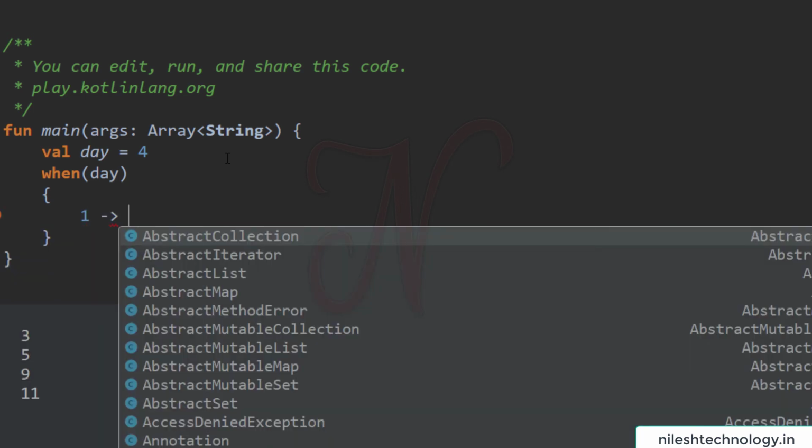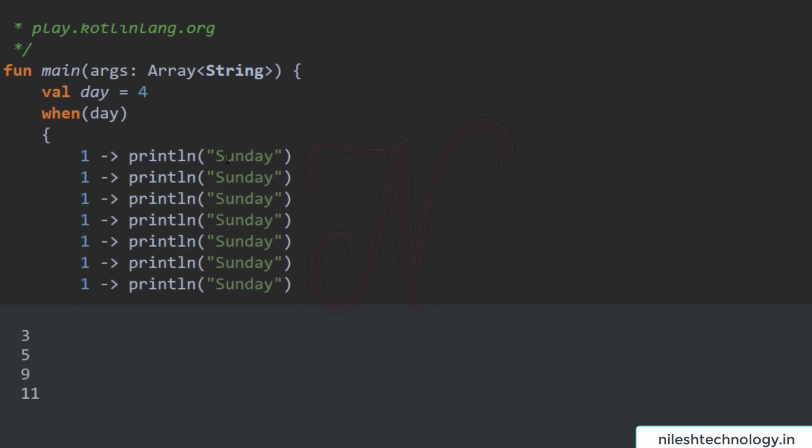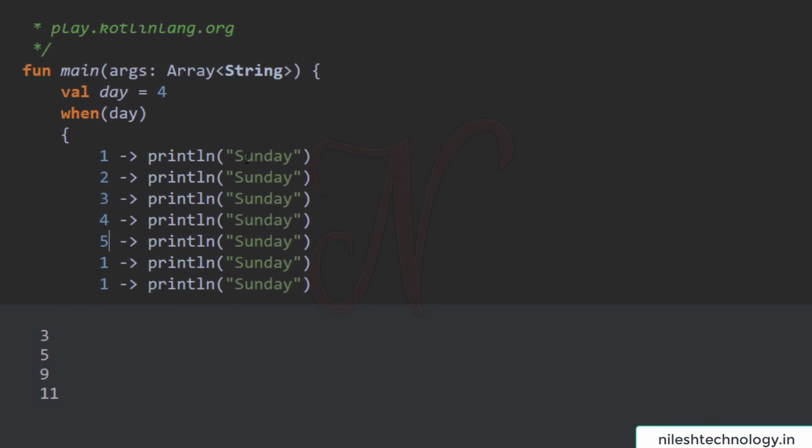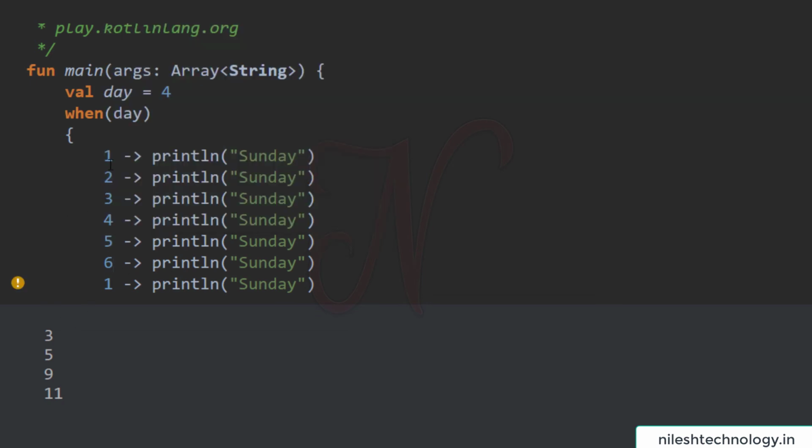Case number 1, println, for example, this is Sunday. Same here, case number 2, 3, 4, 5, 6. See here, if your case number 1 is repeated, then you see this is a duplicate label in when. So here 7, and define the different messages.